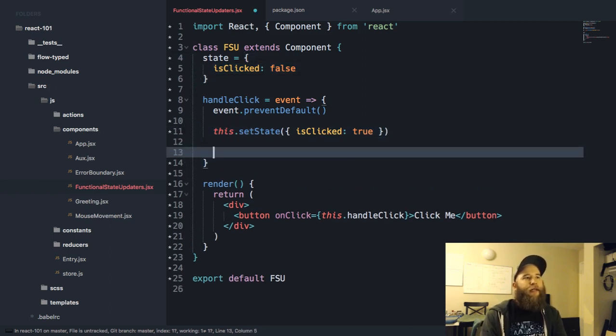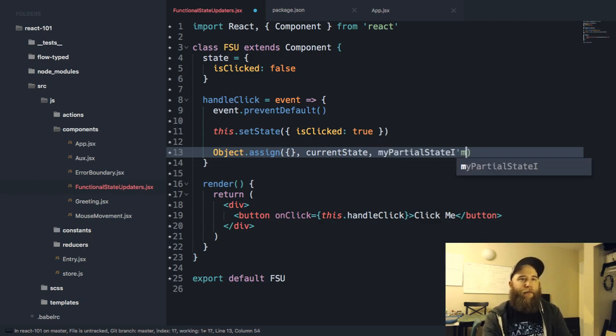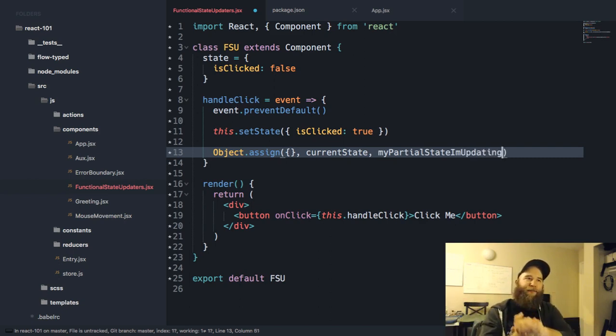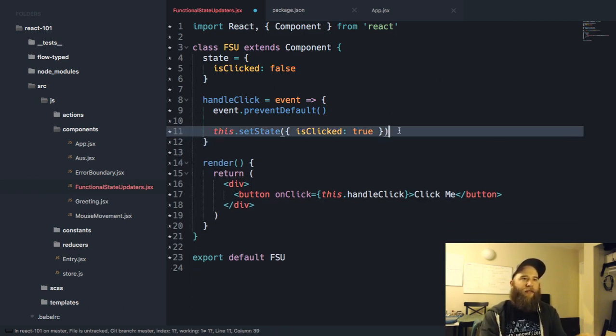It's essentially the same as doing Object.assign with an empty object and then the current state, and in this case it would be isClicked true, or we could just say my partial state I'm updating, right? So it's a merge of objects, and what's interesting about the object signature of the setState method is that they're batched. This often confuses people who are getting used to using setState.